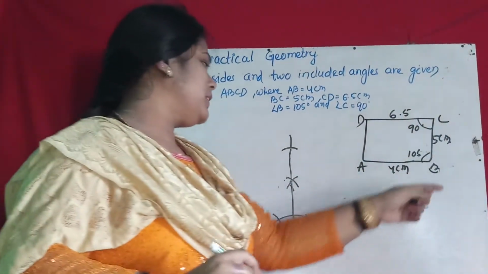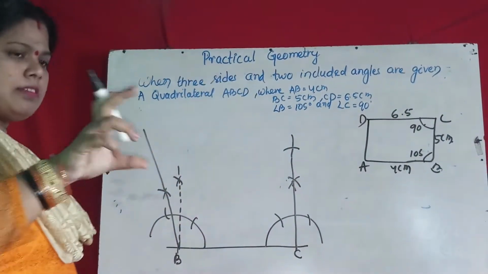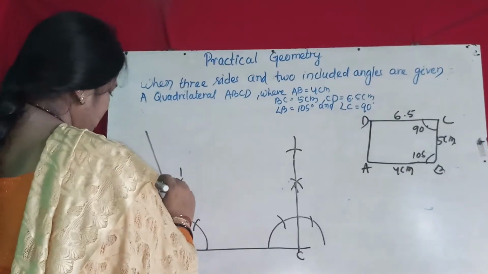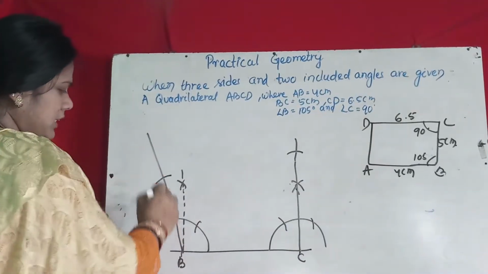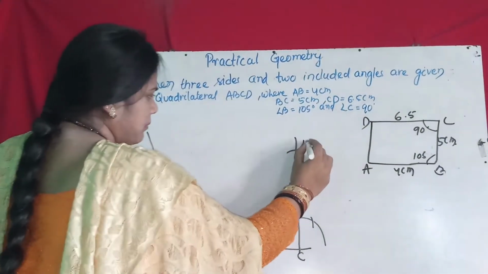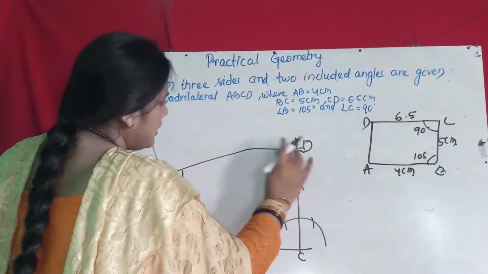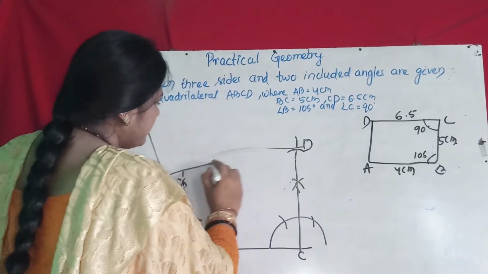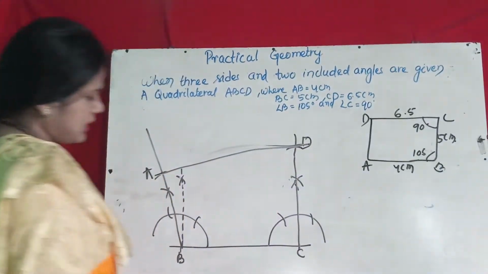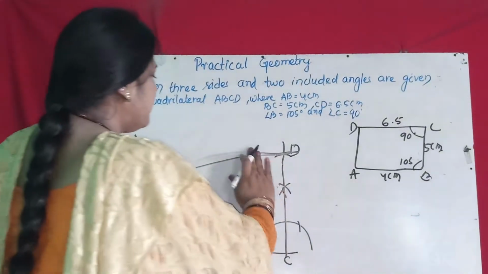AB, this side 4 cm. Again you take 4 cm from rounder. Then you get here A point, here D point. Now join A to D with a scale. You get the required